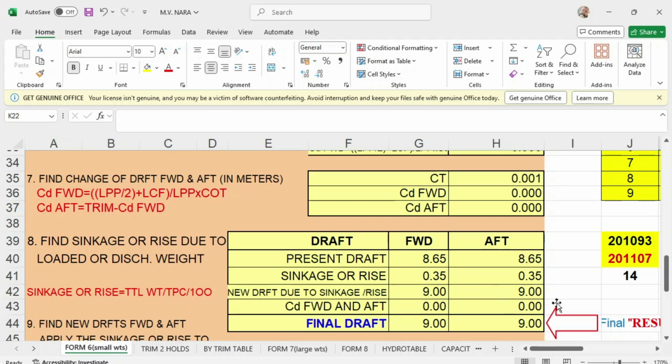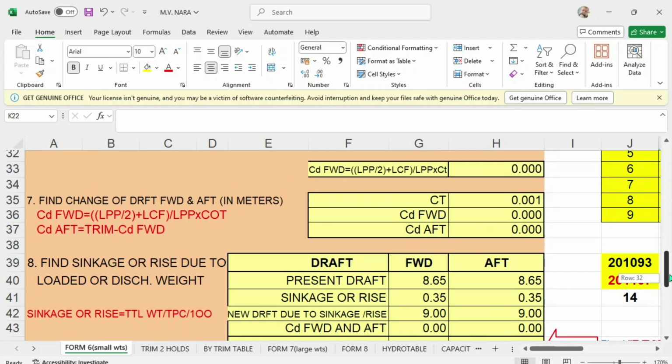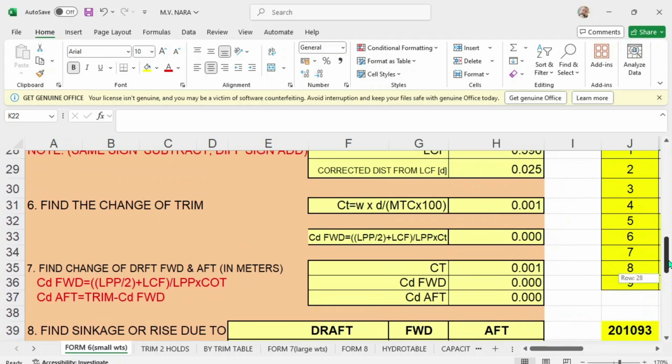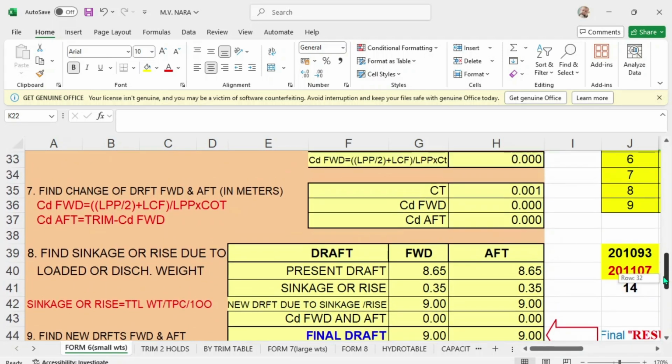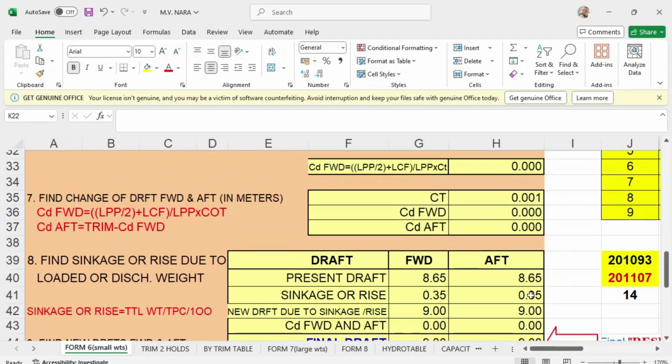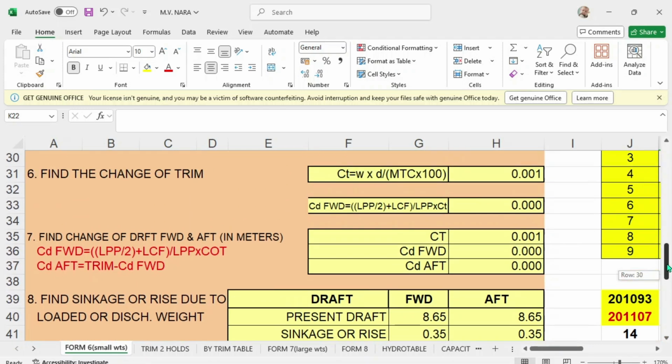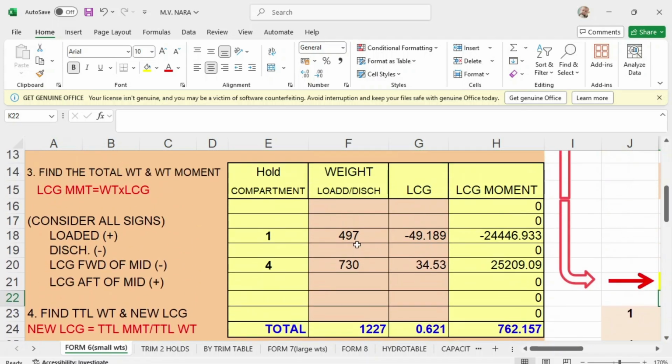Now, there was something I wanted to explain that slipped my mind. Sinkage. So this is your initial draft of 8.65. When you load your cargo in holds 4 and 1, this will happen to your vessel.